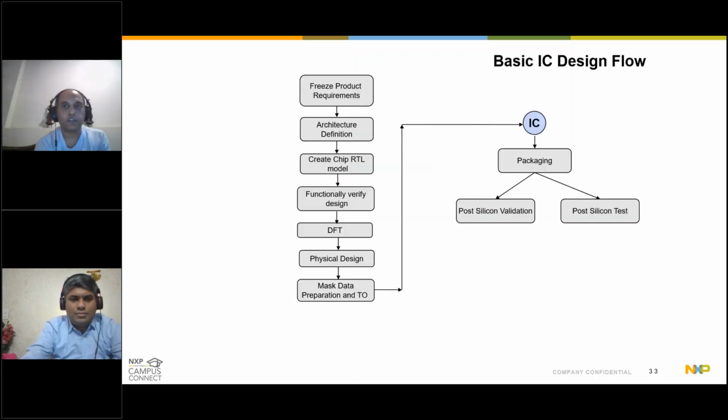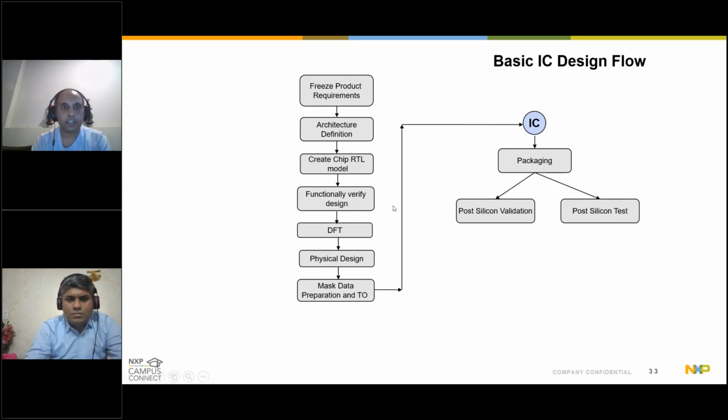So this is a simplistic view of an ASIC design flow. And when I say simplistic, in actuality, there are many other iterations or many other functions coming into the picture, and there are several loops and feedback cycles as you go from one design flow step to the other. So this is just a simplistic view in the interest of time, giving holistic information on how an SoC at the end of the day takes the shape of the silicon, starting from the requirements which come from the customer.